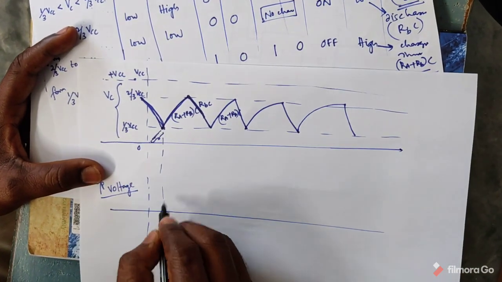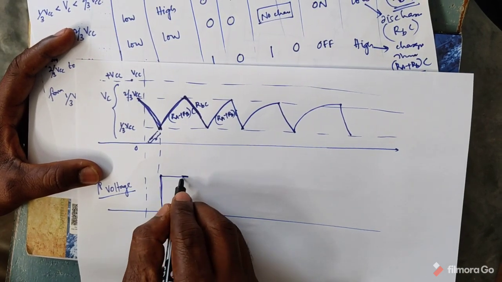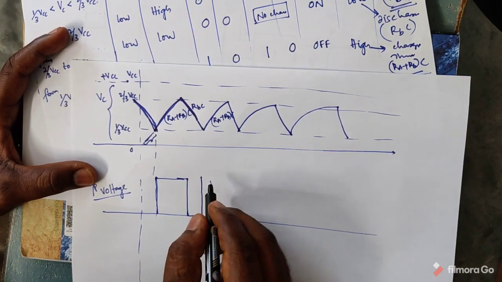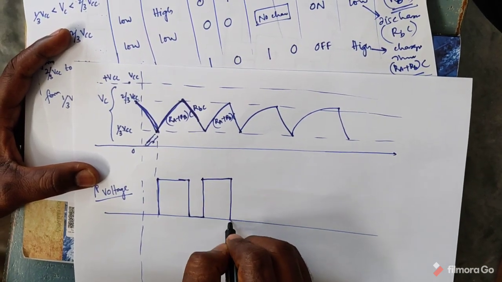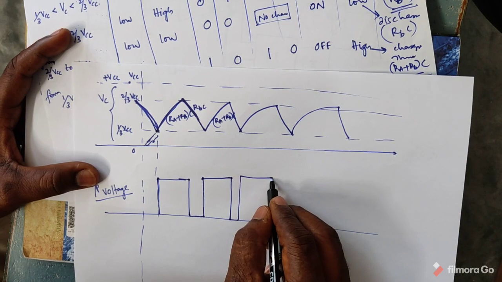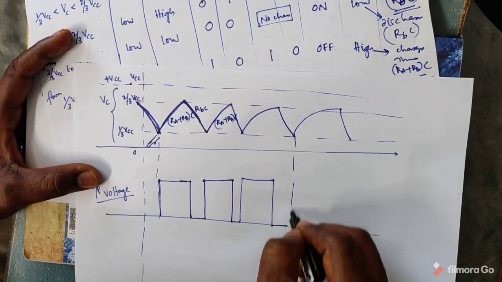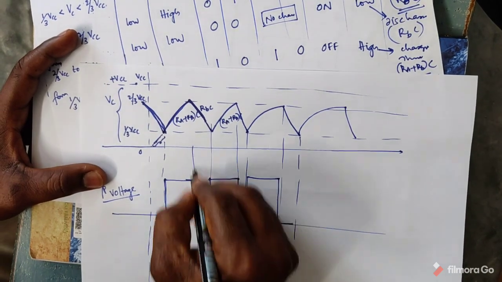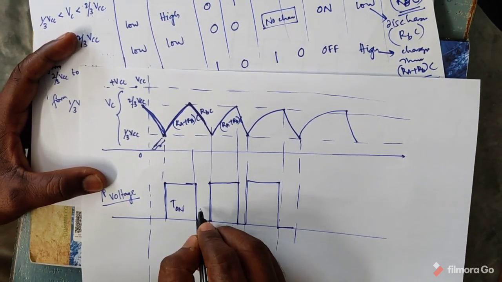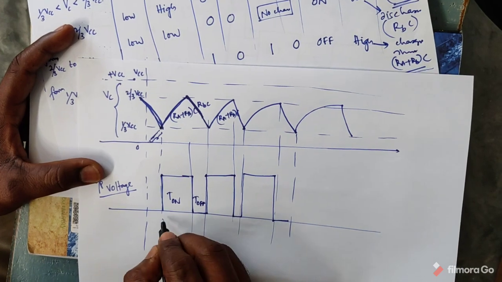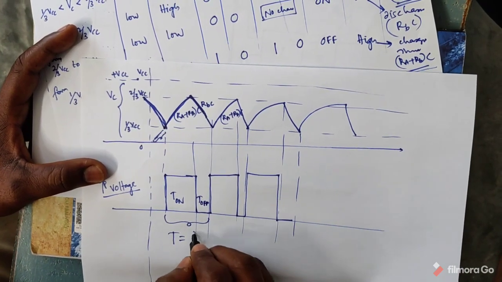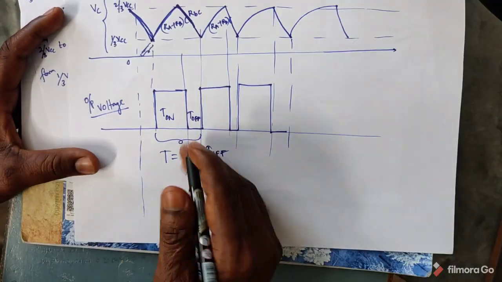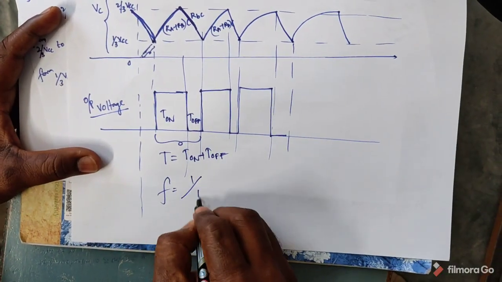In the charging period you are getting maximum duration, and within a shorter interval you will get discharging. This is the actual discharging. This one is charging. So based on this condition, this is T on, this one is T off state. So finally you can calculate the total time period T on plus T off. That is the fundamental frequency. It can be represented as 1 by T value.